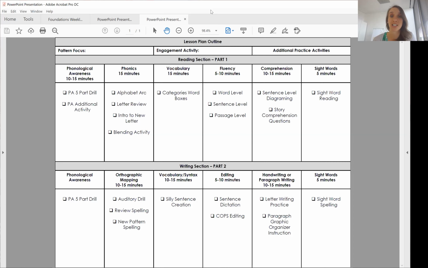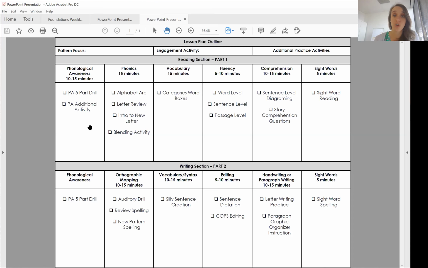So last week we talked about this curriculum map and how we use it specifically for lesson planning. And today I wanted to dive a little bit deeper into how we specifically do it for our kindergarten and first grade students. So again, if we're focusing on the 5 core components of literacy, we know that there are both a reading and a writing side to that coin. So when we're lesson planning, we want to make sure that we have activities designed to hit each of those different areas. So we are always going to start with our phonological awareness drills, any additional activities that we have,